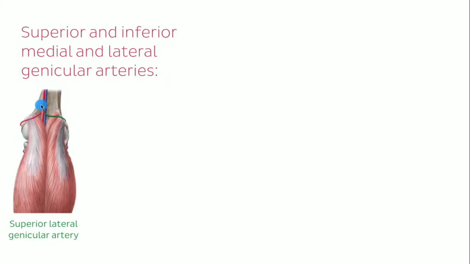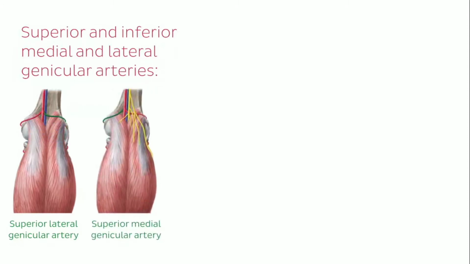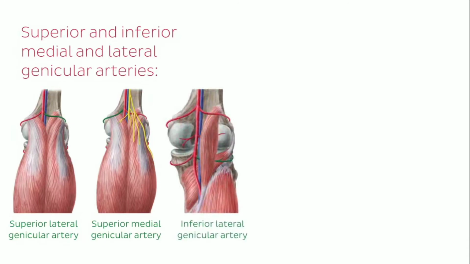You even notice a bit here of the femur and a bit of the tibia as well. And this is where you should see the posterior view of your knee. The other one that is now seen here highlighted in green is then on the other side, and we call it the superior medial genicular artery. And we're going to find this one also on a posterior view here, which is known as the inferior lateral